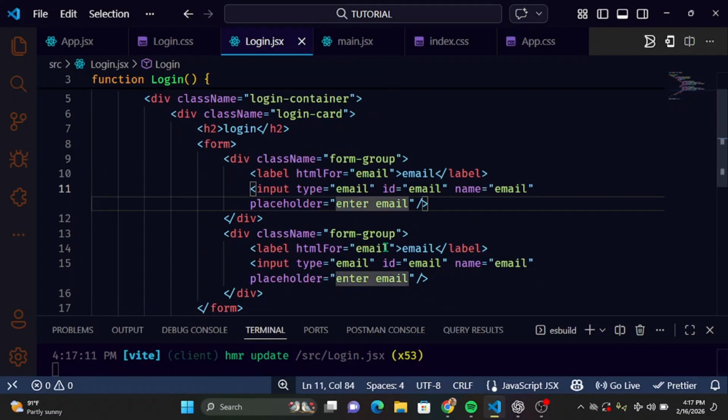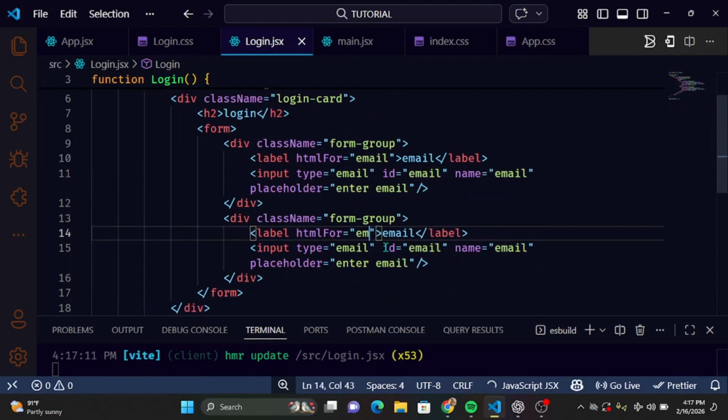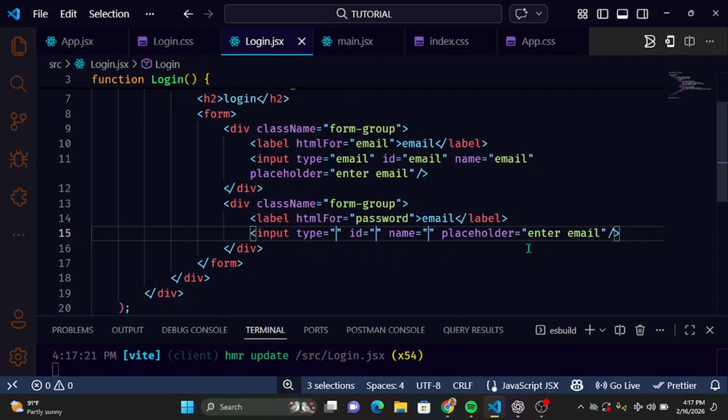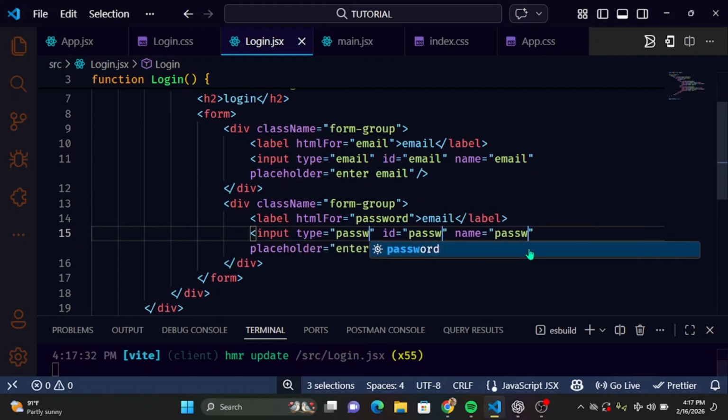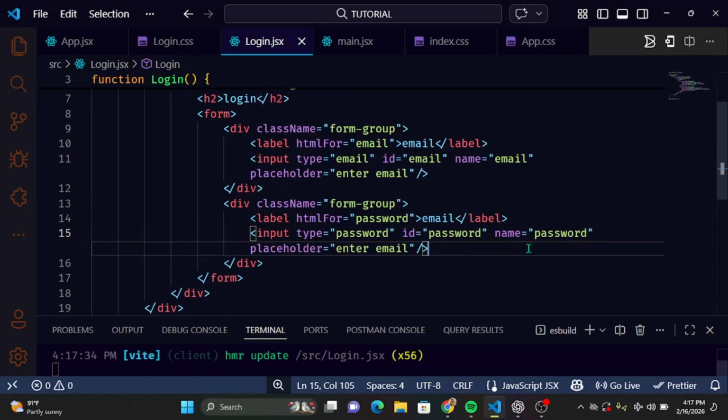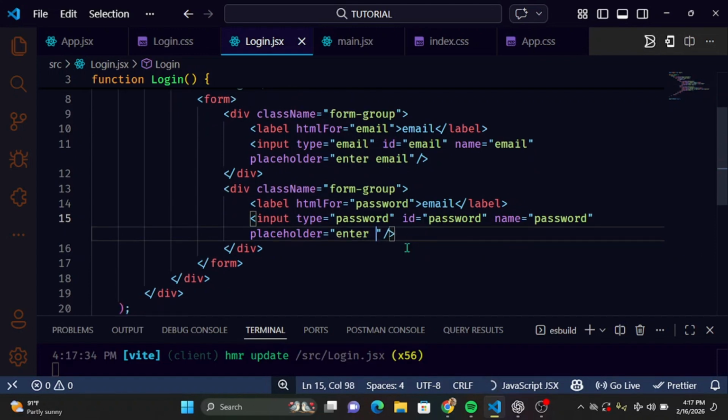So we'll now change this to password, change all of this. So you can hold Alt and then select all the whole fields you want to change. So everything is going to be password like this and obviously enter password as well,